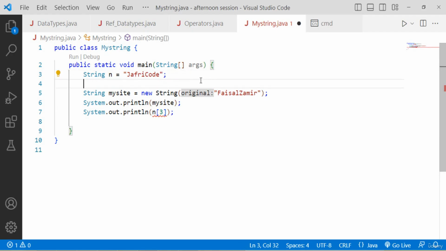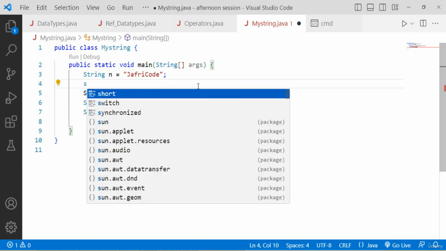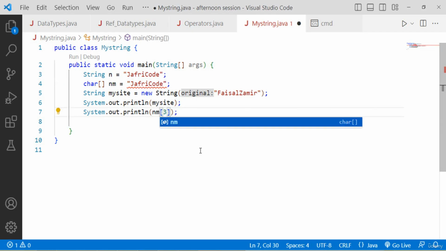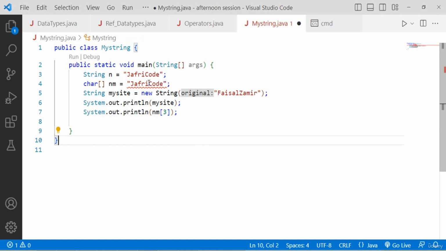For that reason, what you have to do, for example, char and then n equal to, free code, just nm, nm, put a semicolon, nm, from nm,